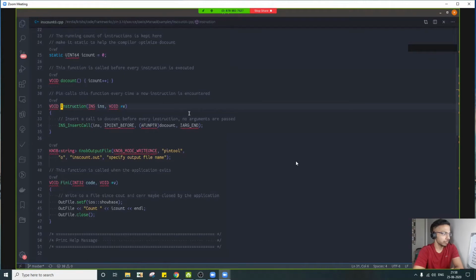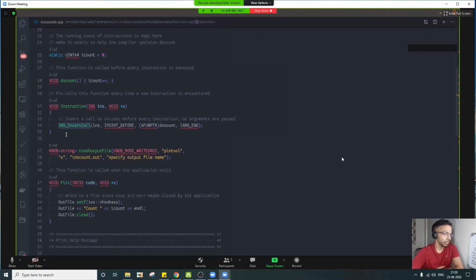We'll see different types of APIs provided for this process. In this callback, you can decide which instruction you want to instrument.